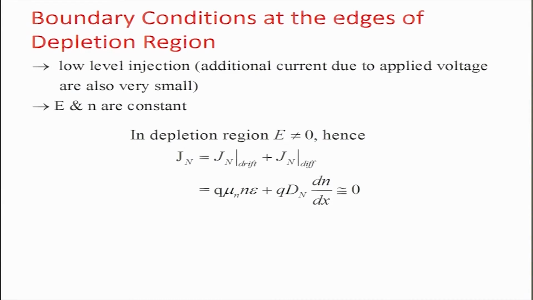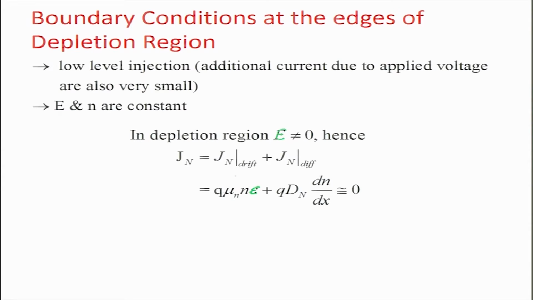So the drift current is going to be equal to q n mu n into E, right. This is E, the electric field. I have noted this because there is a confusion between E as electric field and energy. So, you can say that this is the electric field, okay.